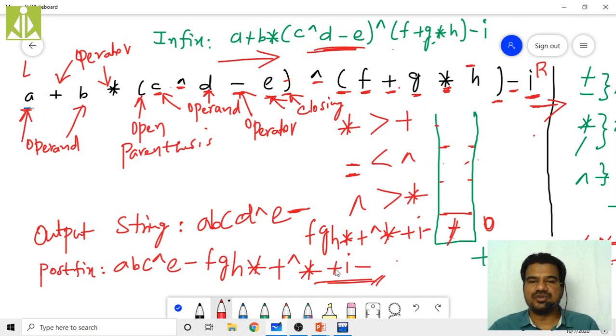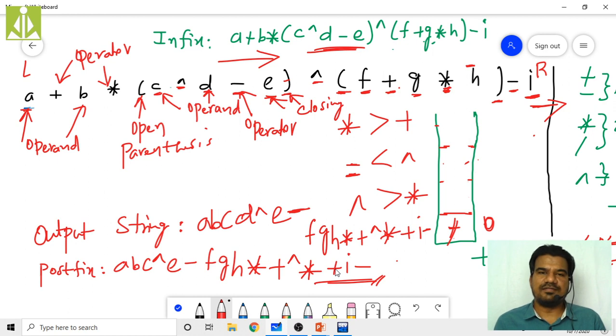This is what we have to do when they ask you to convert the given infix expression into a postfix expression. In this way you have to convert. You take one stack, follow the algorithm every time, and do this procedure. Character by character we move from left to right through the string, and whenever it is an operand, simply add it to the output string. If it is an operator, check the operator at the top of the stack. If the precedence is greater, push. If the precedence is lesser, pop.